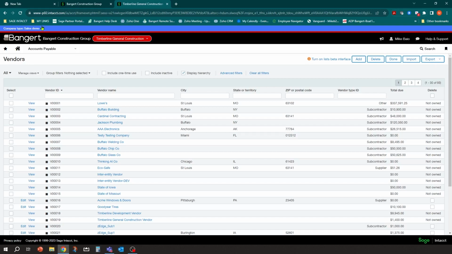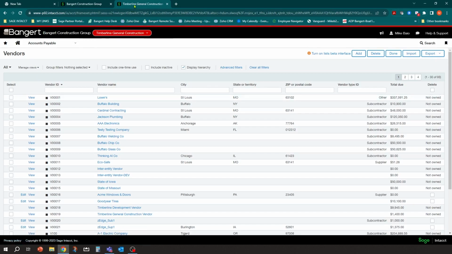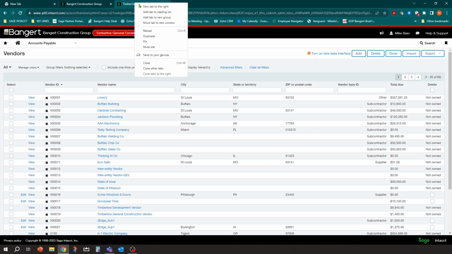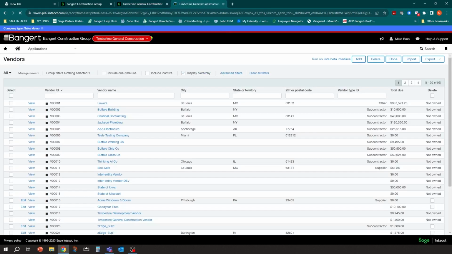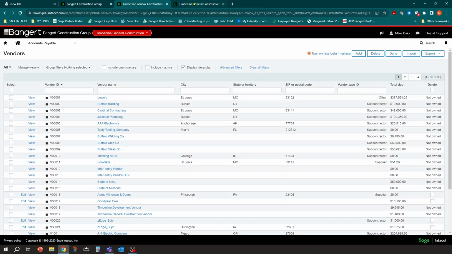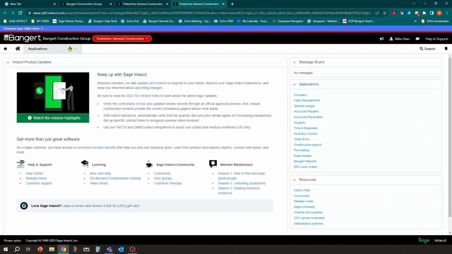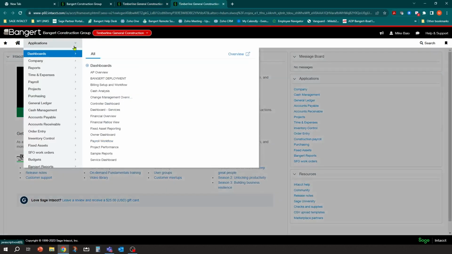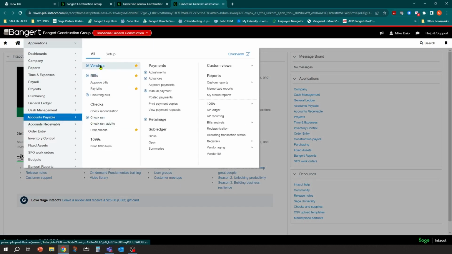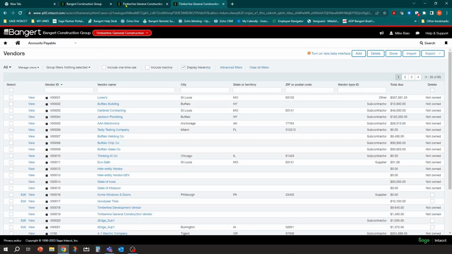And what we'll do is we'll leave this open like this, and I'm going to duplicate this tab by right mouse click, duplicate. And we're going to have two tabs here, and one of the tabs will turn on the vendor list. Let's go back into here. And one of the lists will leave the old. So we'll keep into here and we'll leave the old view.